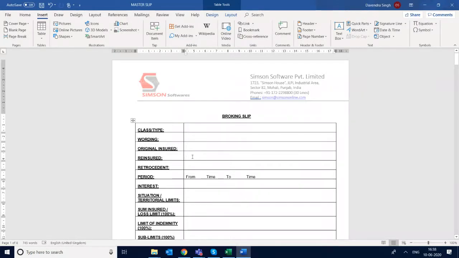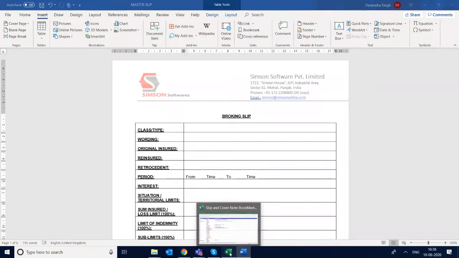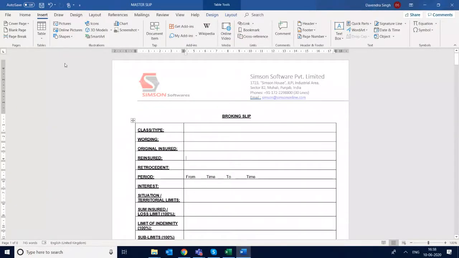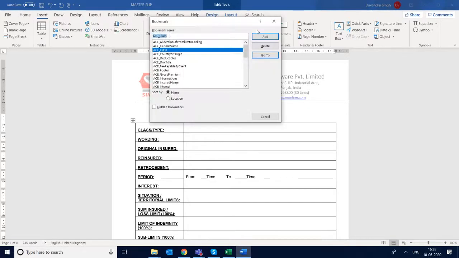Reinsured. Again, here we have a bookmark. If I want to add another bookmark, I will go to this file and check, say in insured I need cedent name. So how will I get it? I select here and say insert bookmark.